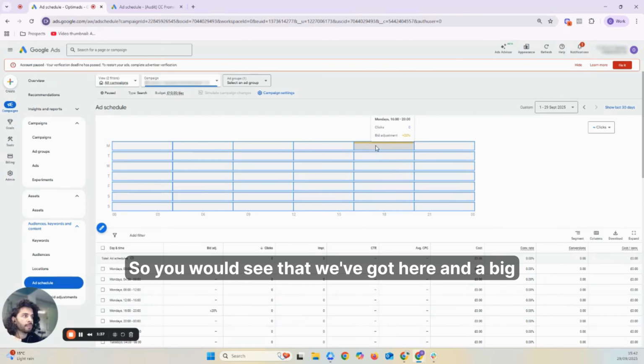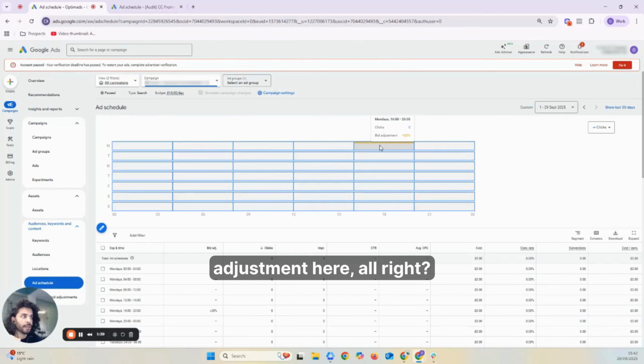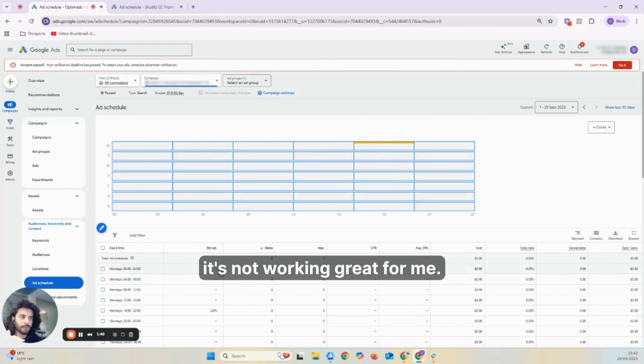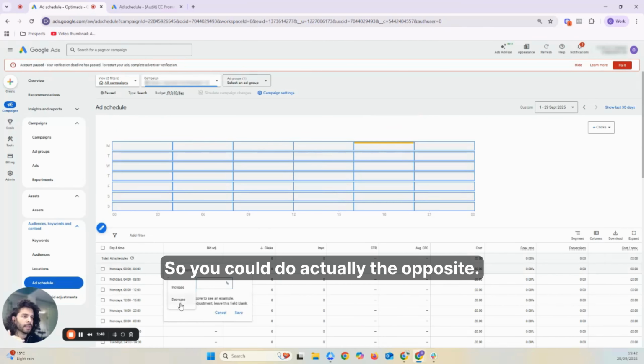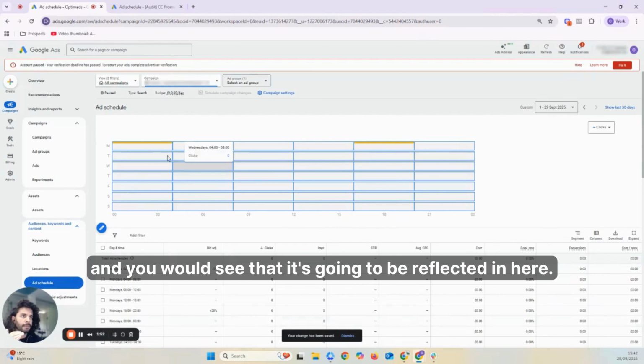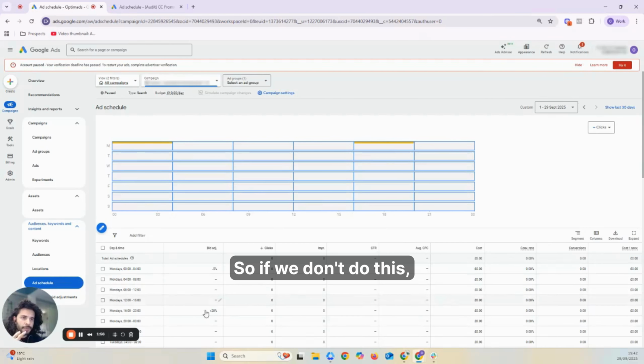So you would see that we've got a bid adjustment here, all right? And we can do quite the opposite. For example, say Mondays, first thing in the morning, it's not working great for me. So you could do the opposite, decrease it by 5%, for example, and you would see that it's reflected here. If we don't do this, your ad schedule should look something like this,